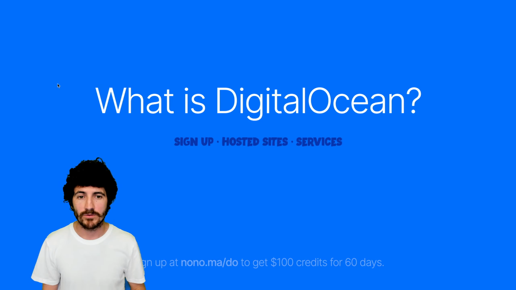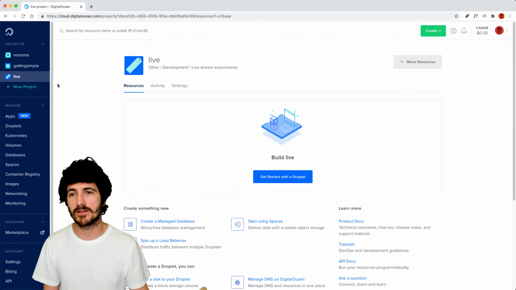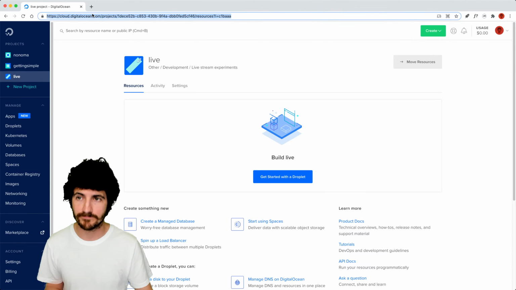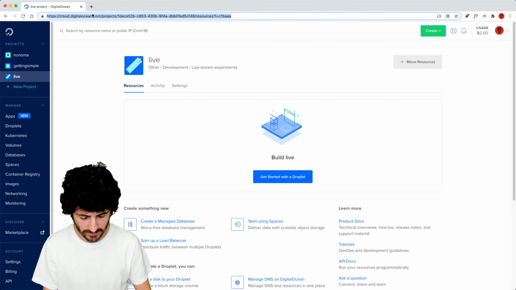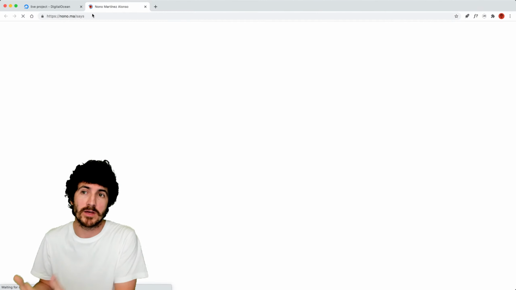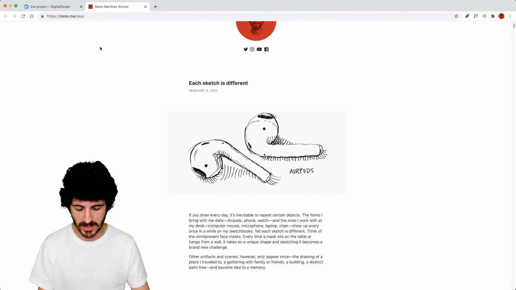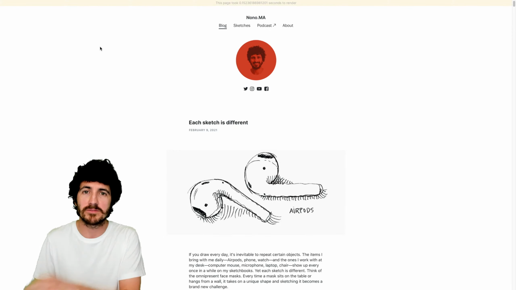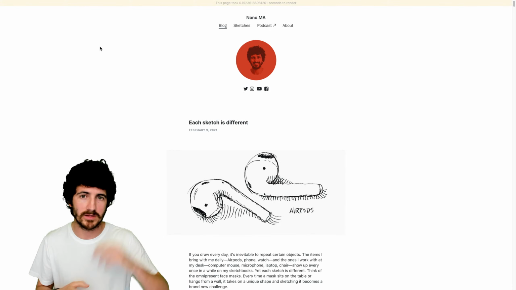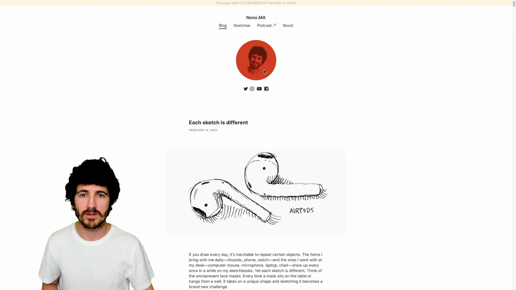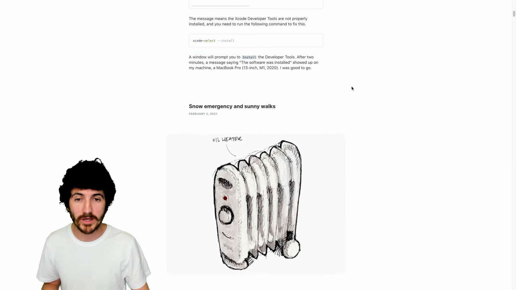All right. So before we see the services of DigitalOcean, I'm going to show you a few of the things that I've built with DigitalOcean that I'm hosting there, right? My personal website. So this is my personal content management system. So I've coded this on GitHub. This is a Laravel application, and it's fully hosted here.